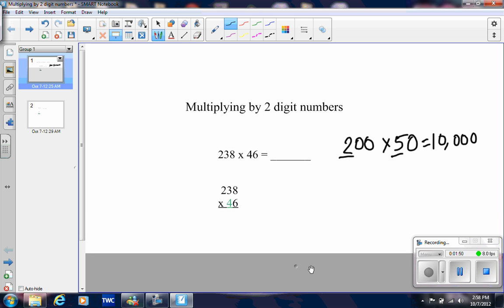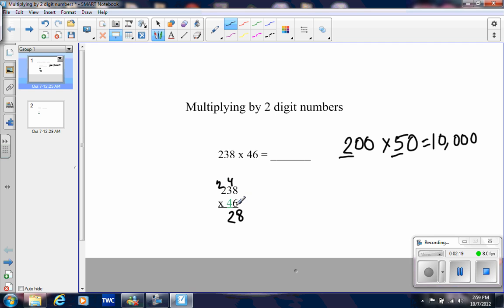Again, I like to put them vertically because you can do the multiplying on the ones place, tens place, hundreds place. So if you get the question written horizontally like that, I would always put it vertically like this. Okay, so I have 6 times 8, and that gives me 48. I'll carry that 4 over into the tens place. 6 times 3 is 18, with 4 more, which is 22. Carry that 2 into the hundreds place. 2 times 6 is 12,